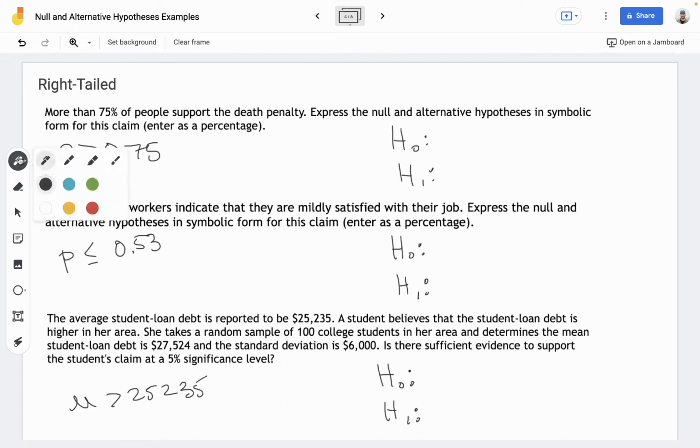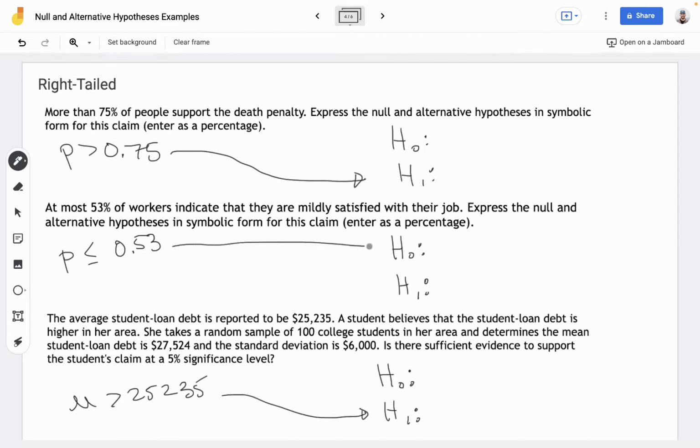Next, determine where this should go. Is this going to be the alternative or the null hypothesis? If it doesn't have an equal sign, it's the alternative. If it does have an equal sign, it's the null. So we have P greater than 0.75. For this one, we have P less than or equal to 0.53. And in this one, we have mu greater than